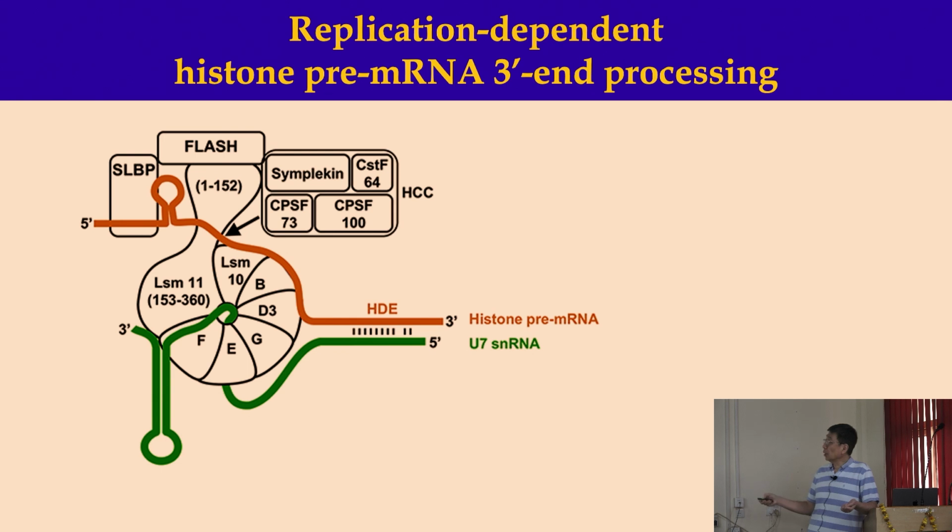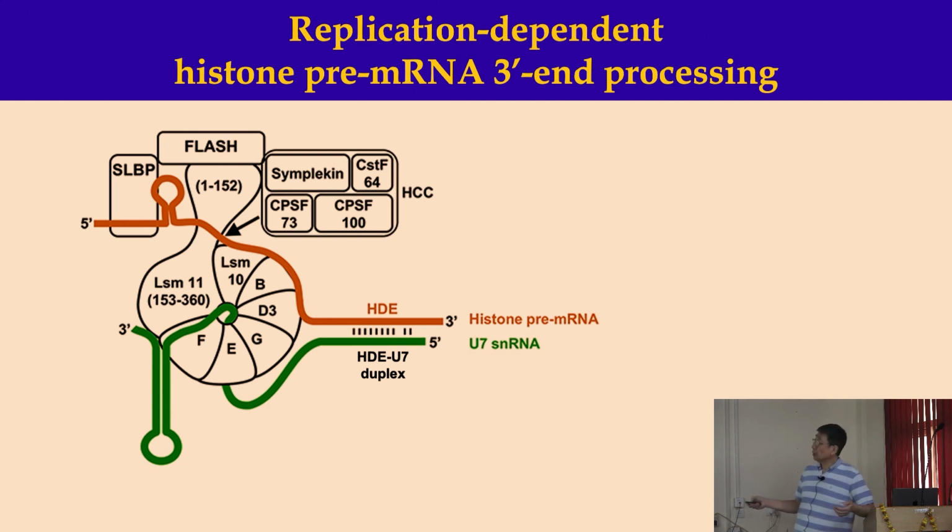And then the pre-mRNA is this molecule right here, shown in orange. It contains a 5' conserved stem loop structure right here, and that's recognized by something called SLBP, the stem loop binding protein. More importantly, downstream of the cleavage site there is something called the histone downstream element that forms a duplex with the U7 snRNA, which I will refer to as the HDE-U7 duplex to make it easier to say. Okay. And then, as I mentioned, LSM10 and LSM11 are unique to the